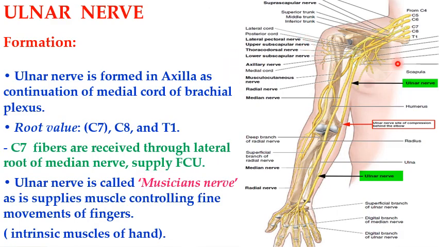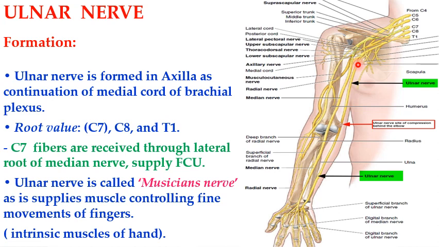The ulnar nerve is formed in axilla related to the third part of the axillary artery as continuation of the medial cord of the brachial plexus, which has its root value from C8 and T1 roots, because C8 and T1 roots join to form the inferior trunk or the lower trunk, which divides into the ventral and the dorsal divisions, wherein the ventral division continues as the medial cord, and in turn the ulnar nerve being the main branch or the continuation of the